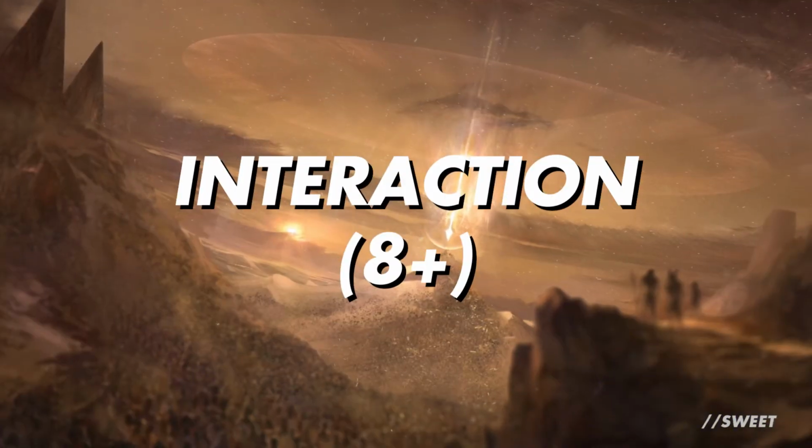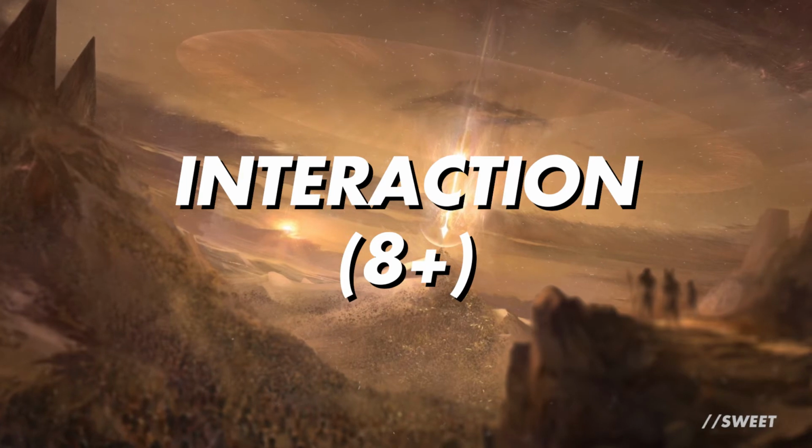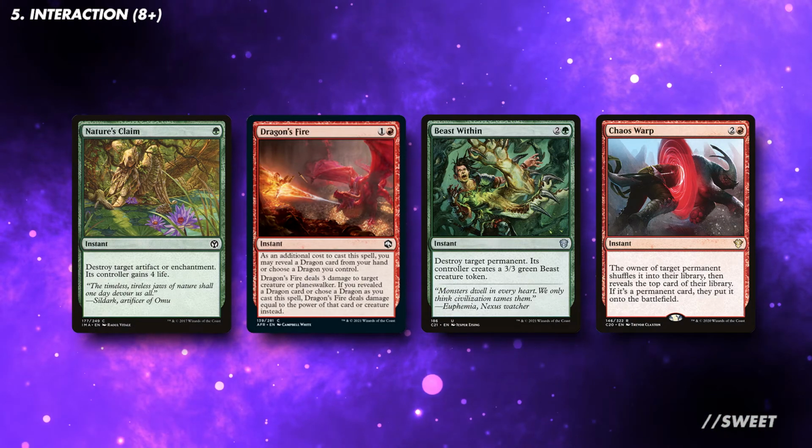Moving on to our interaction, this is a section where we can run some splashy dragons to answer some threats. We want to start with 8 bits of interaction, but you will need to play more if your playgroup is more competitive. Starting with our instant speed interaction, I would generally try to keep it to Gruul if you're working with more of a budget mana base,